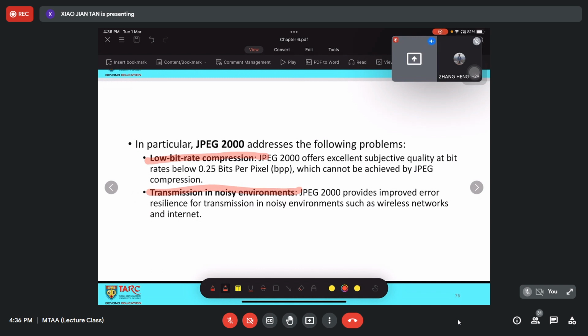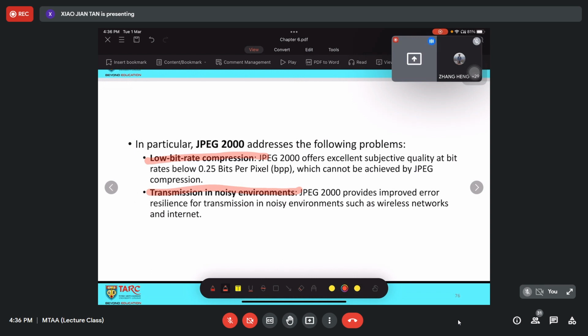Okay, this is how JPEG 2000 outperforms JPEG. But nonetheless, as I mentioned previously, sometimes the application or extension used in the computer by default is very dependent on the common practice or the popularity of the software itself.